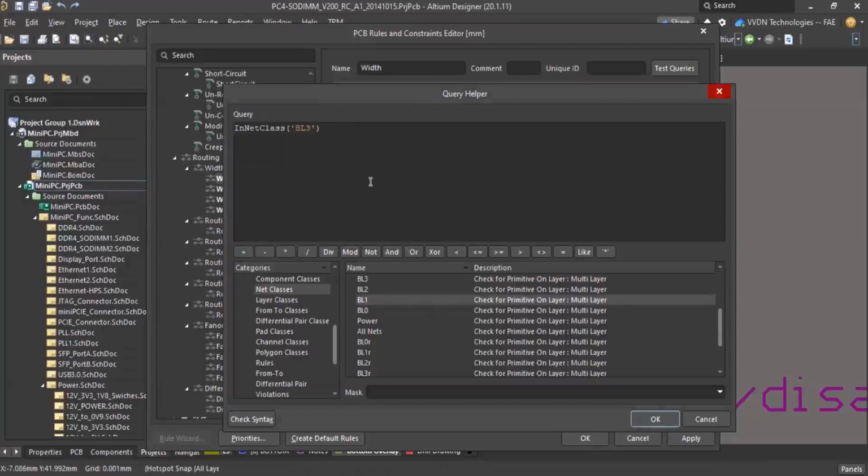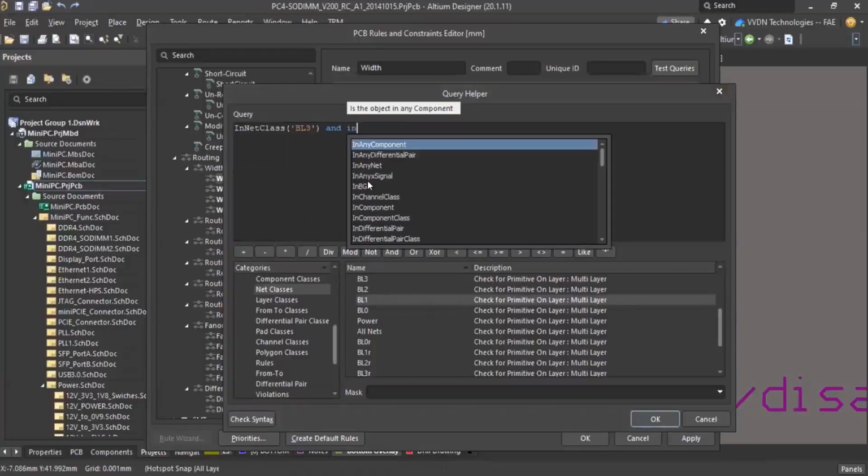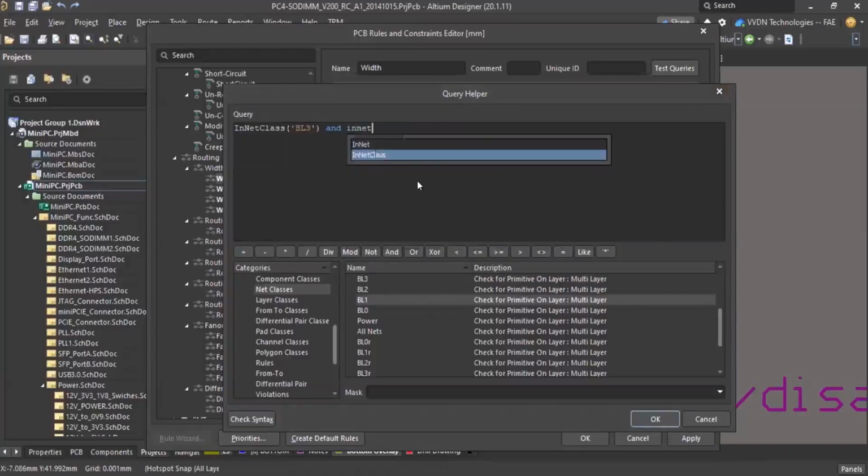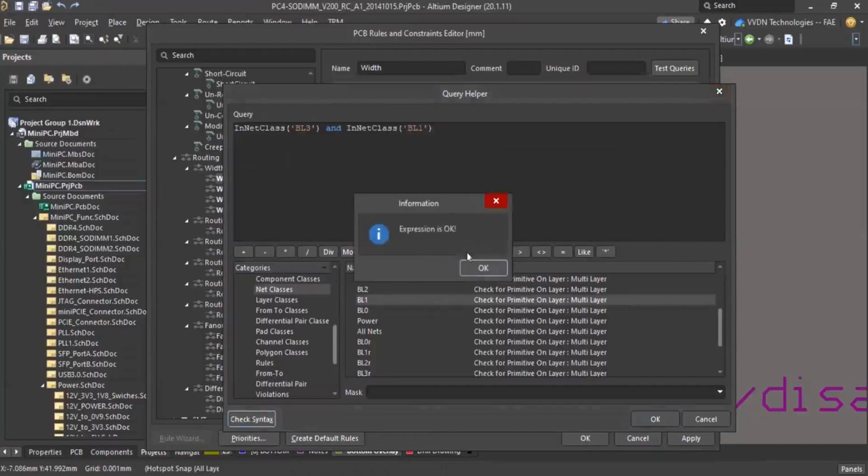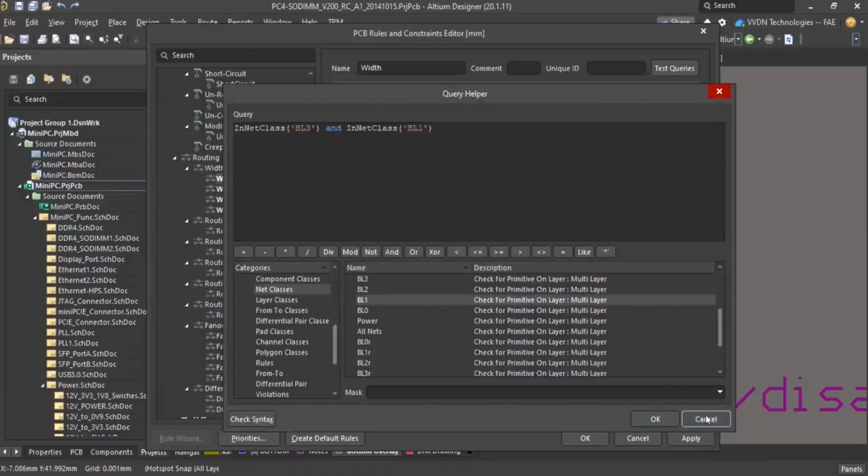If you want to add one more net class, put an 'and' net class. This is one way, and you can include a comma also, like 'and' or 'or'. You can explore this. You can use the check syntax option to see whether the expression is okay or not. I'm just showing how we can implement that.